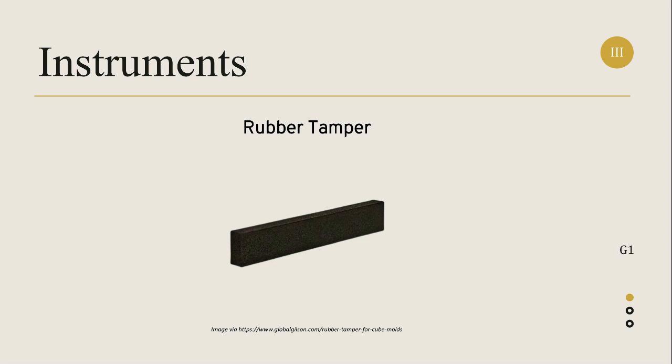Next is the tamper, a non-absorptive, non-abrasive, and non-brittle material such as a rubber compound having a Shore-A durometer hardness of 80 plus or minus 10, or seasoned oak wood, rendered non-absorptive by immersion for 15 minutes in paraffin at approximately 392 degrees Fahrenheit. Tampers shall be checked for conformance to the design and dimensional requirements of this test method at least every 6